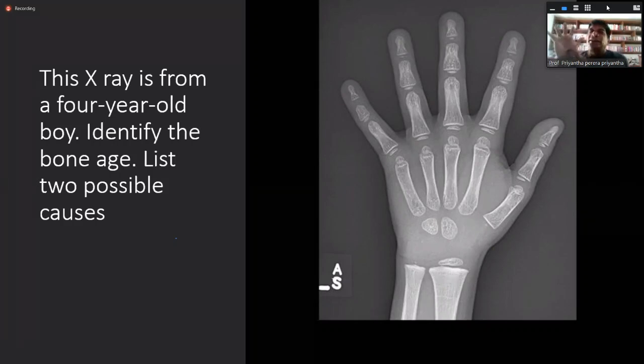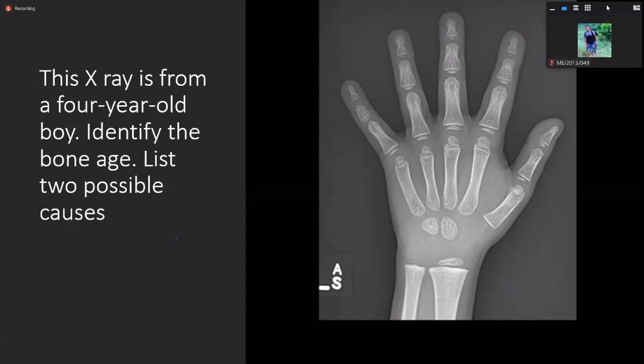The first epiphysis is formed at 3 months, that is the capitate. Then at 6 months the hamate. So at 6 months you will have 2, right? And then all the others take about 4 years to develop. So between 6 months and 4 years, nothing happens in the